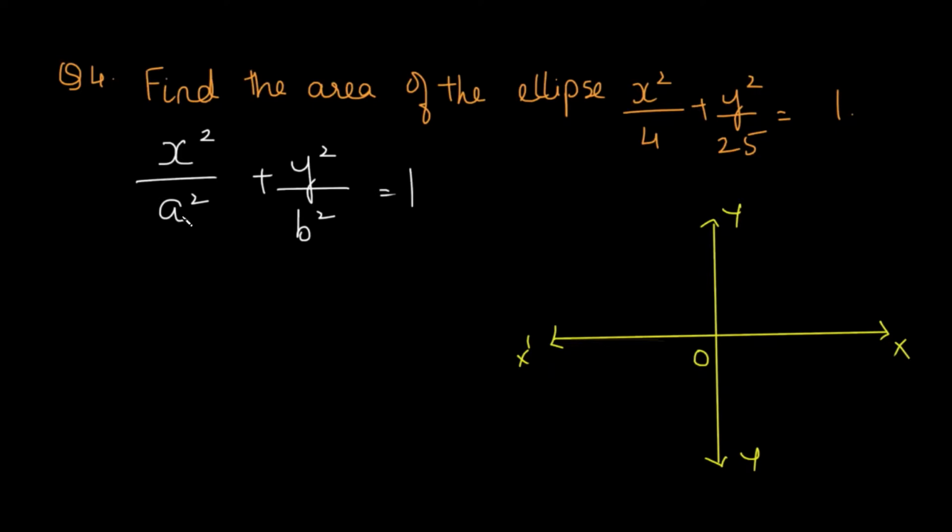Now in this case, comparing this equation to x square upon 4 plus y square upon 25 is equal to 1, we have a as plus or minus 2 of course and b as plus or minus 5. We are going to consider the positive values here because we are going to consider the area in the first quadrant for the ellipse. Anyway, since a is less than b, the ellipse turns out to be a vertical ellipse. So the figure of the ellipse comes out to be this way.